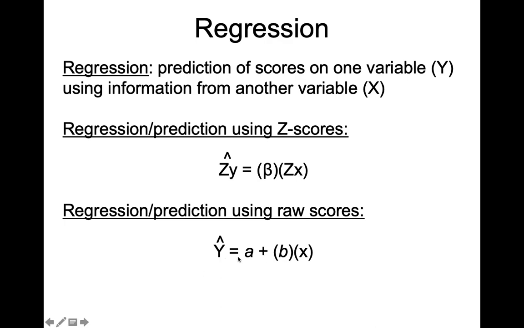Okay, and so recall that this equation is the equation for a straight line, and we can graph that straight line in a two-dimensional space where the x variable is on the horizontal or x-axis, the y variable is on the vertical or y-axis, and our values of a and b then determine where that line will intersect the vertical y-axis. Okay, so our regression constant is also known as our y-intercept, and then our unstandardized regression slope or our unstandardized regression coefficient is the slope of that regression line, and that will tell us